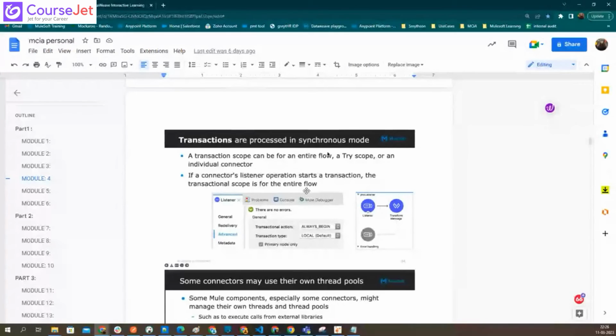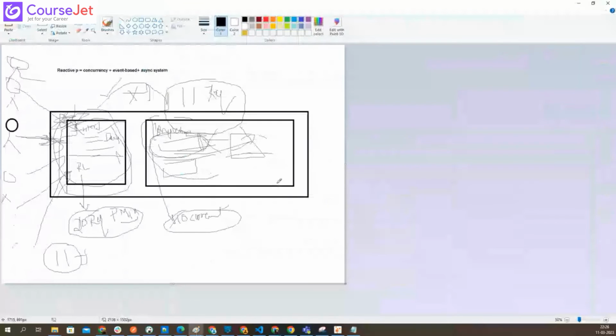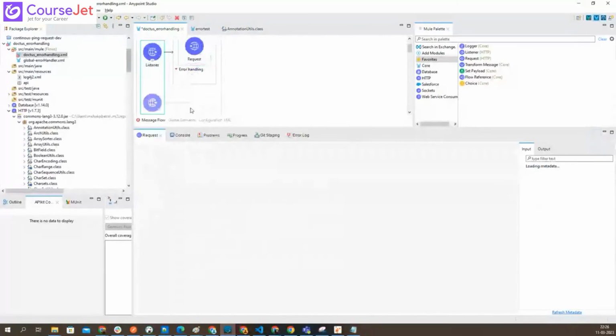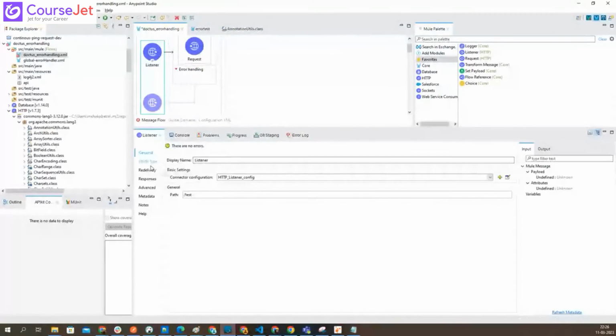If the connector's listener operation starts with the transaction, then the transaction scope is for the entire flow. As I told you, it could be for the entire flow, it could be at the connector level, and it could be used for some connectors by using the try scope. If you want to use it for the whole flow, you have to configure this in the listener only. So in listener, it should have